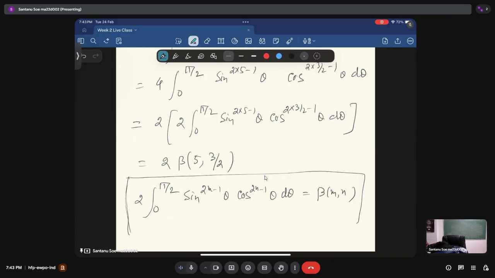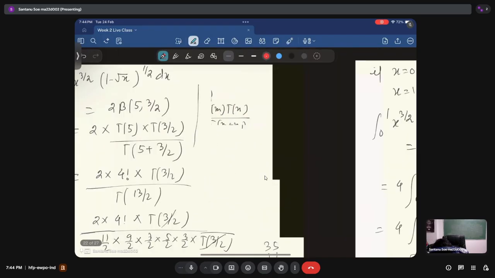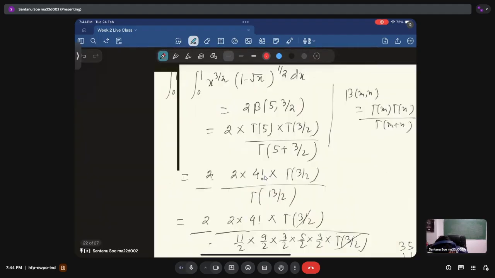And this is also how we can evaluate this integration. Okay, so I hope this is clear. So this was question number 10. So now go to the next question,